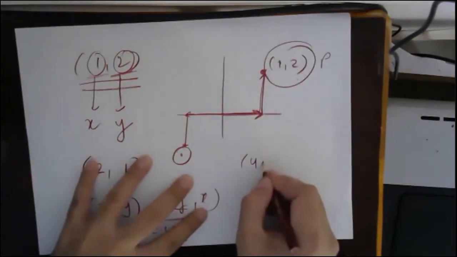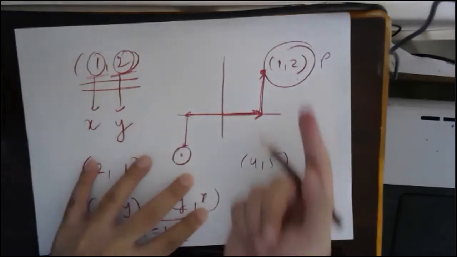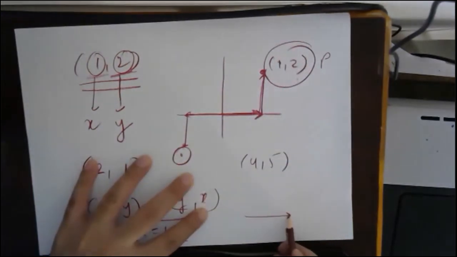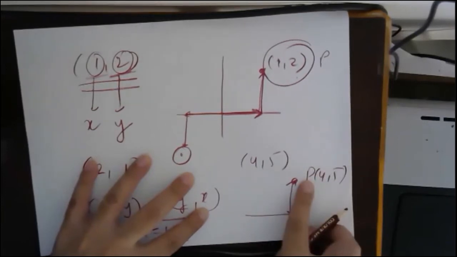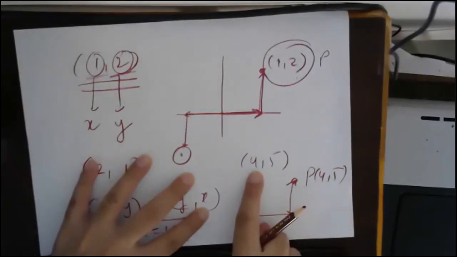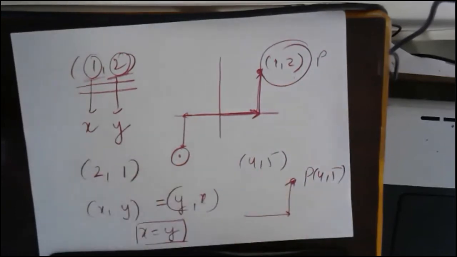Suppose I say 4 and 5, that means it's a link of 4 and 5, that it is moving 4 in the x direction and then 5 in y. So this is a point P, which is 4 comma 5. So how is this point linked? X is linked with 4, and y is linked with 5. Understood? Fine. So in coordinate geometry also we have seen an ordered pair. Very good. Now let's see.